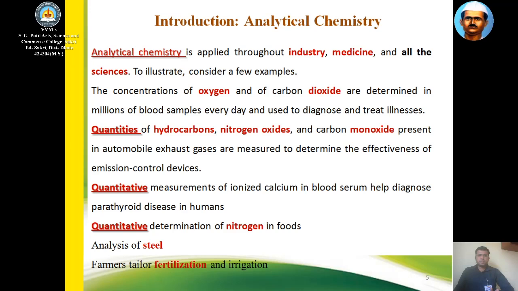Okay, and in any type of science, analysis is utilized. Some examples I have listed here. If we want to determine carbon dioxide or oxygen in air or any water bodies, we can determine it simply by analytical chemistry. If you want to determine the oxygen content in the blood, it can also be determined by this